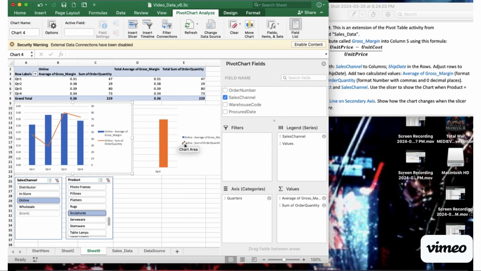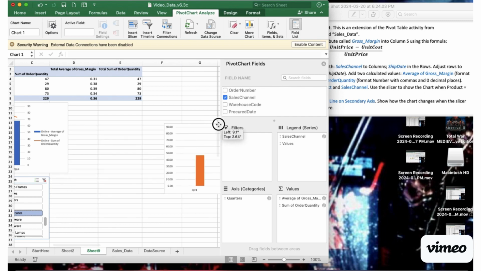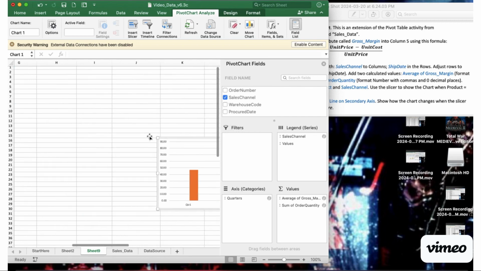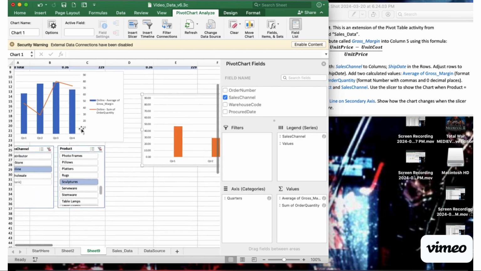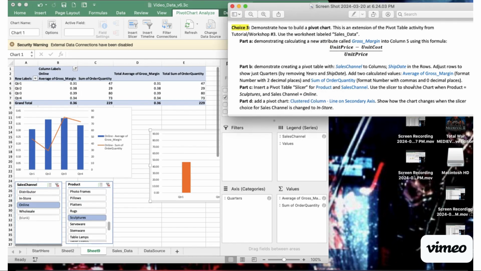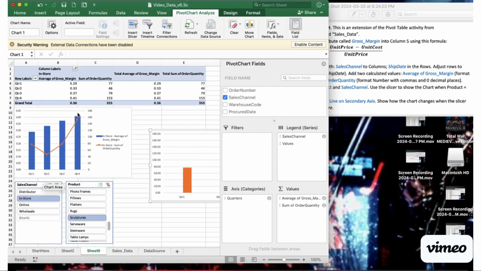Let us do some cleanup by moving this table over here. And lastly, it says show the chart changes when the slicer choice for sales channel is changed to in-store. It would then only show the in-store portion of the